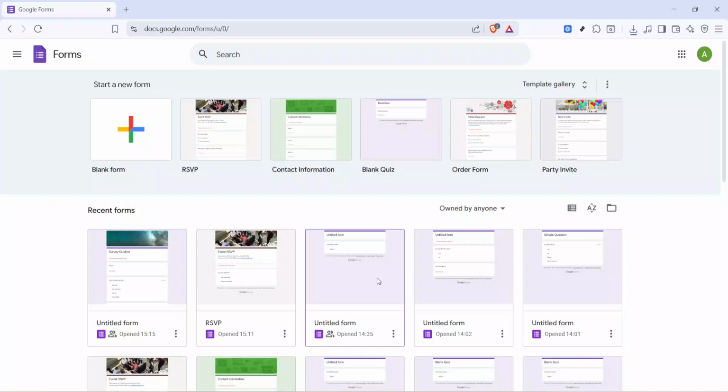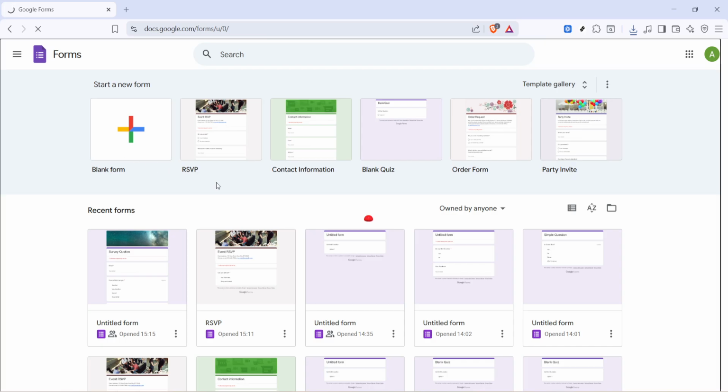In today's video, I'm going to teach you how to add ranking questions in Google Forms. If you want people to rank items like features, priorities, or preferences, Google Forms doesn't have a dedicated ranking question, but you can create a clear ranking experience with a multiple choice grid. I'll walk you through exactly how to set it up and how to test it so it feels smooth for